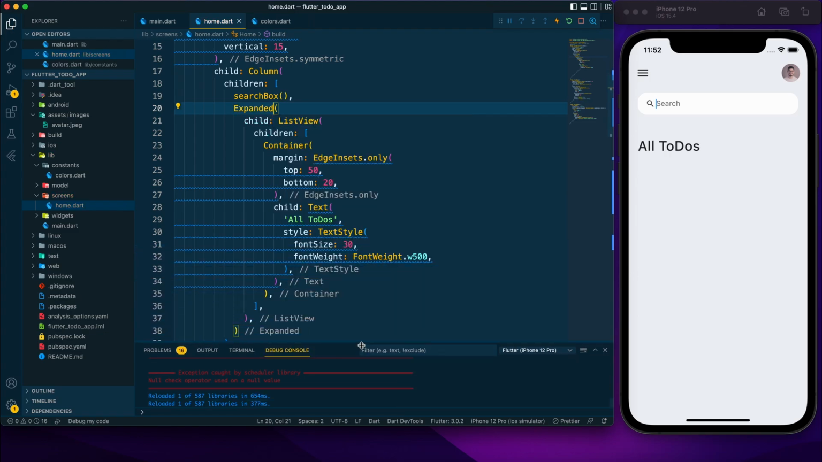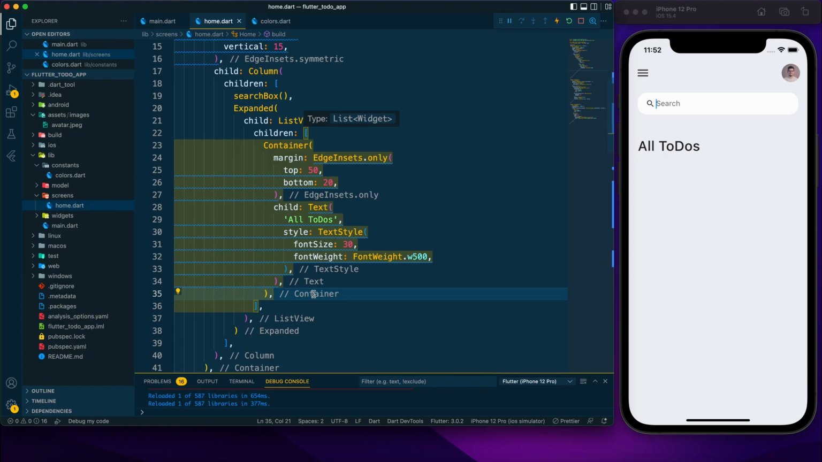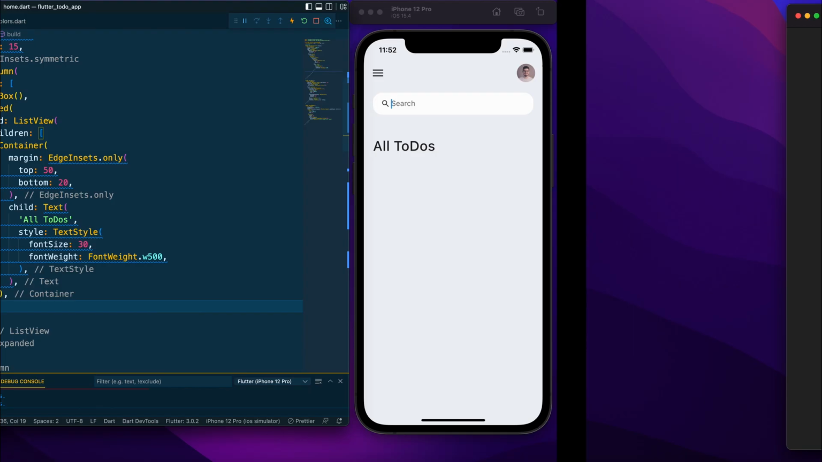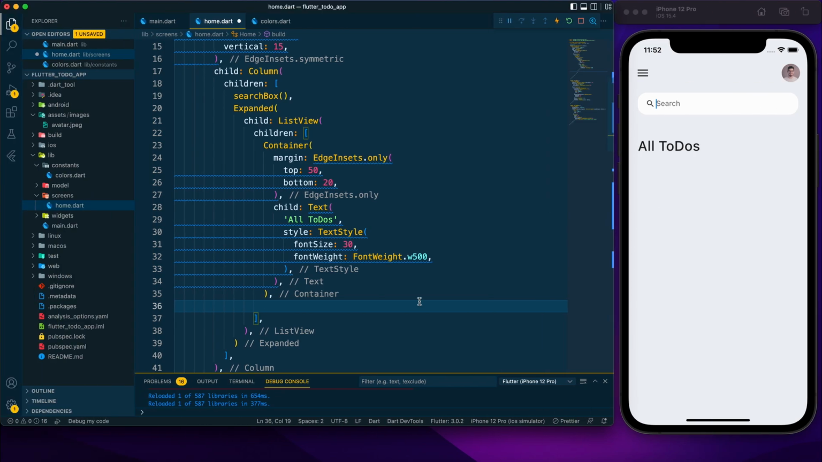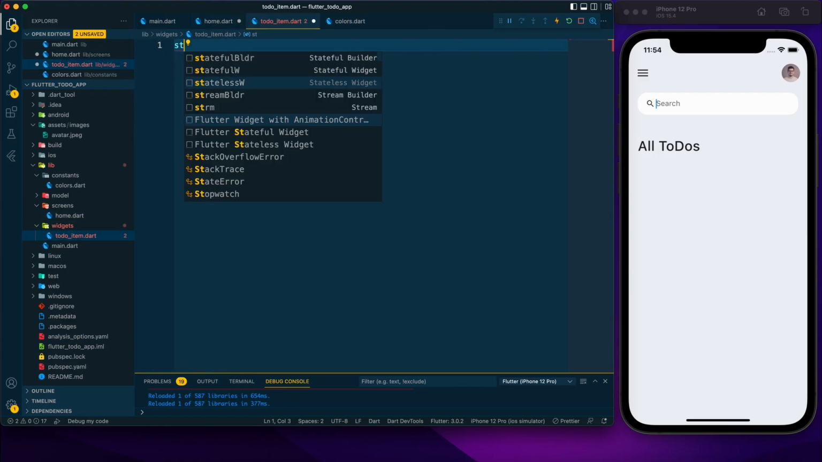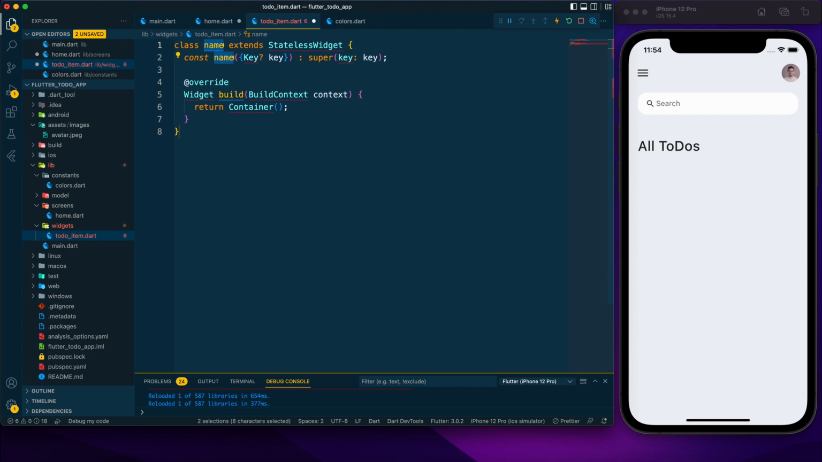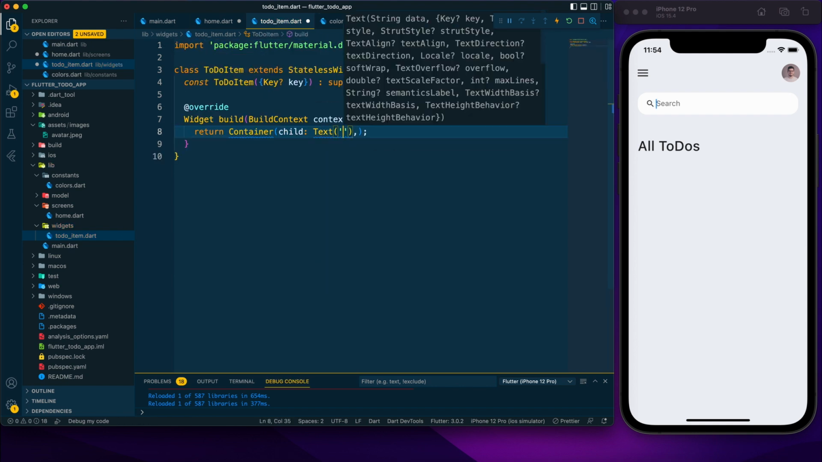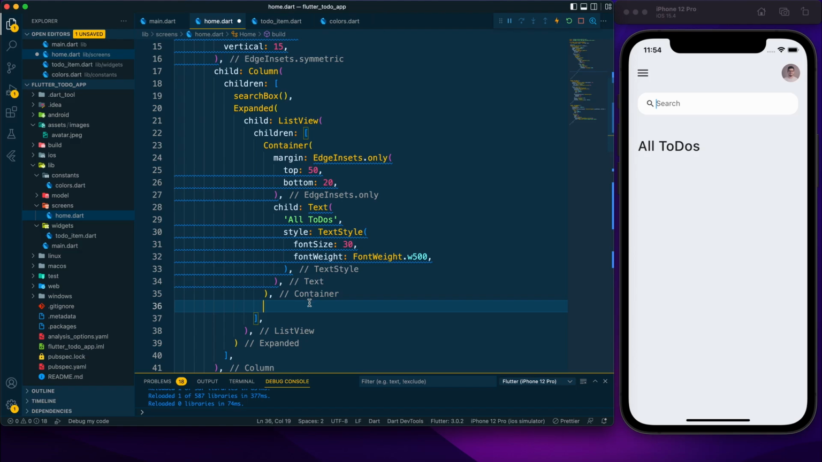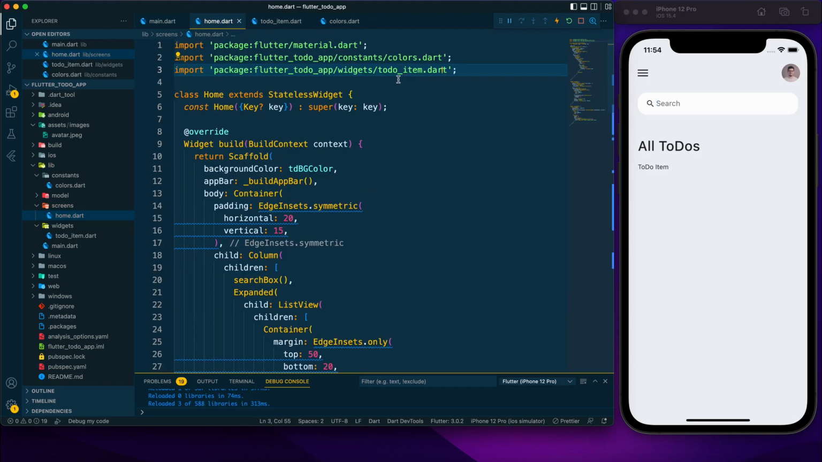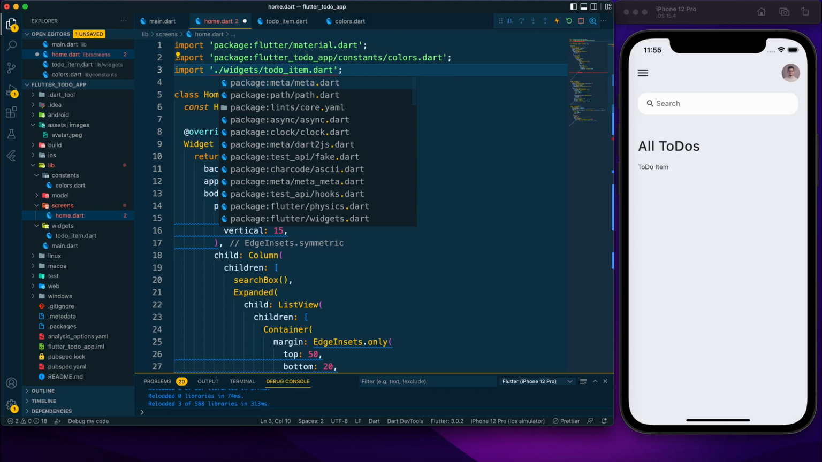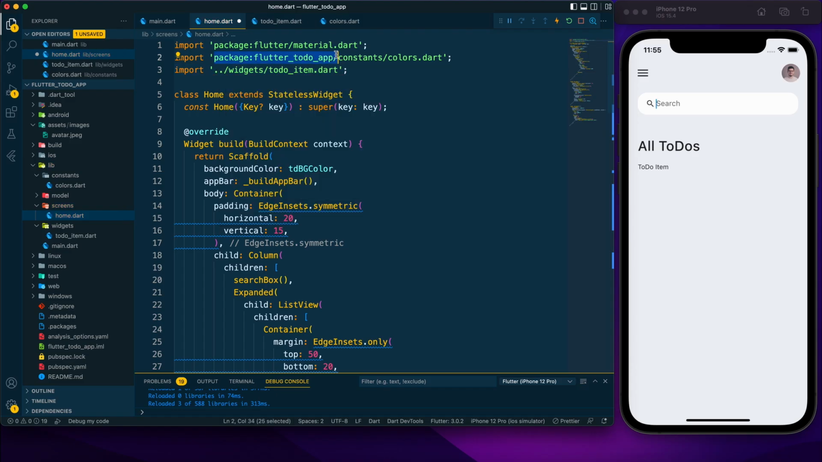So now it is visible, and now after this text container I need to provide the to do item, and for that I am going to create a widget. So here within the widgets directory I am going to create to do item dot dart, and here I am going to create a stateless widget, and let's import that here. And we need to import the file, and I'm going to provide a relative path here,